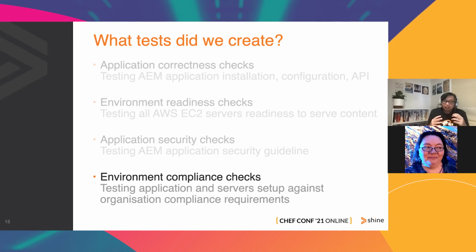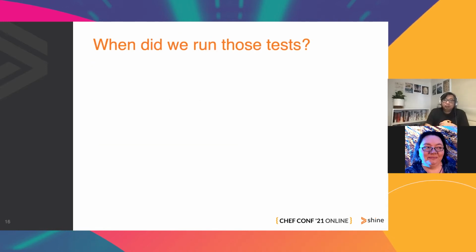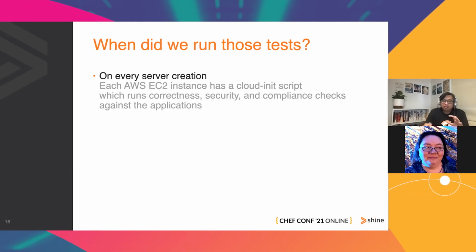So armed with this amount of testing across various layers of the system, the next question would be, when did we run those tests? Previously, a group of people manually ran those checks and tests at staging. Now, because we have all these things as code, we introduce this on every server creation. Every time an AWS EC2 instance stands up, then as part of the cloud init script, we execute inspect